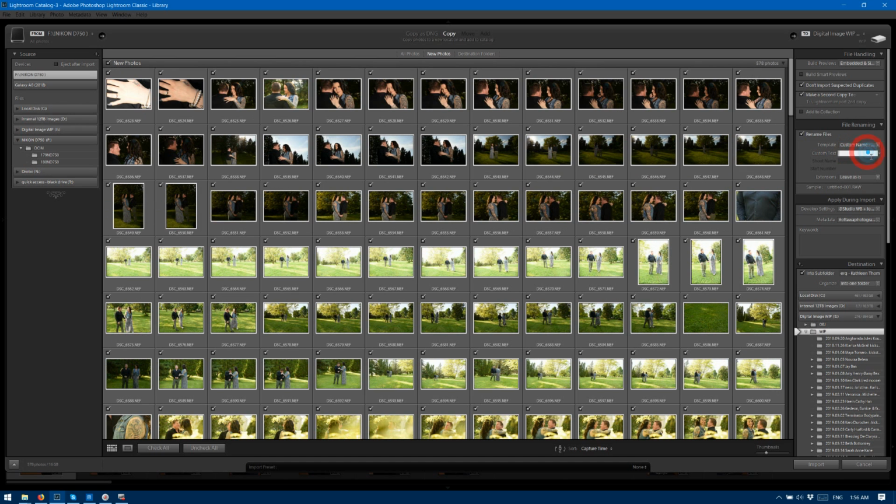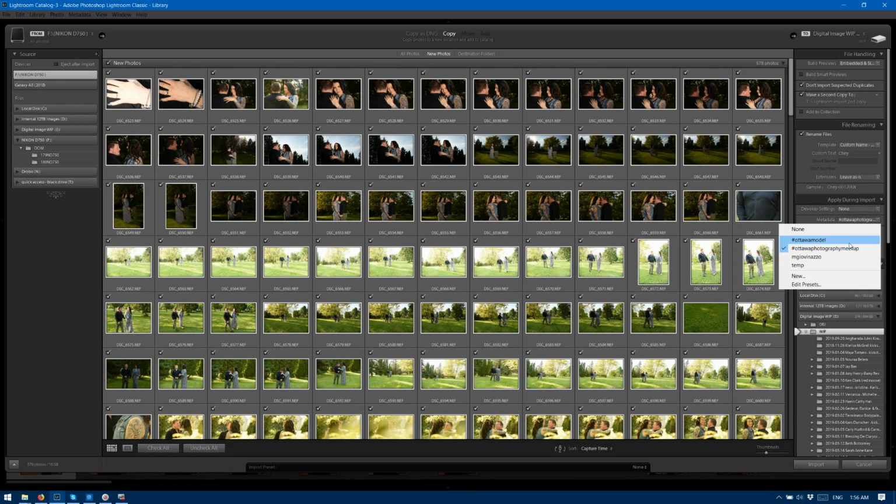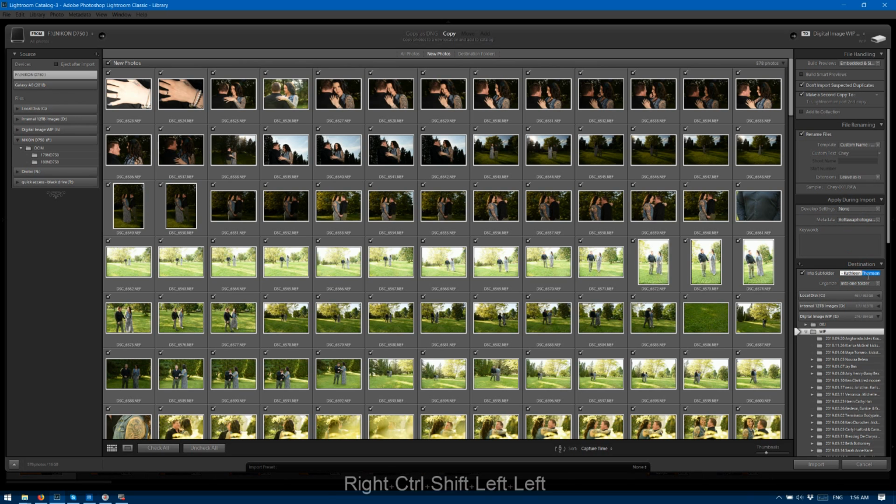I'm going to name everything Chey. I'm not going to use my studio settings, I'm just going to use none. It's a photography meetup, so that's the metadata I use for that. And for the image, I'm just going to back up here. Today, this was the 19th. And it's Chey and Mike,